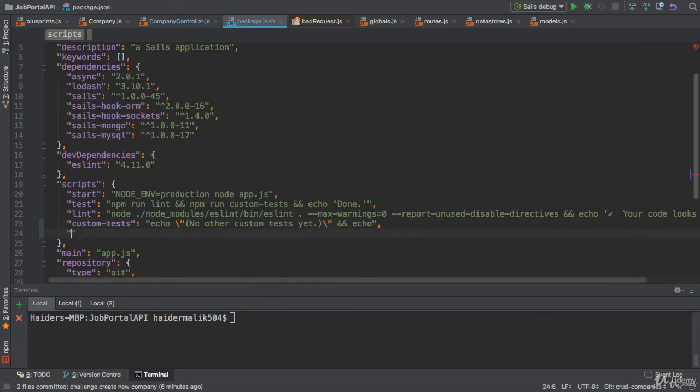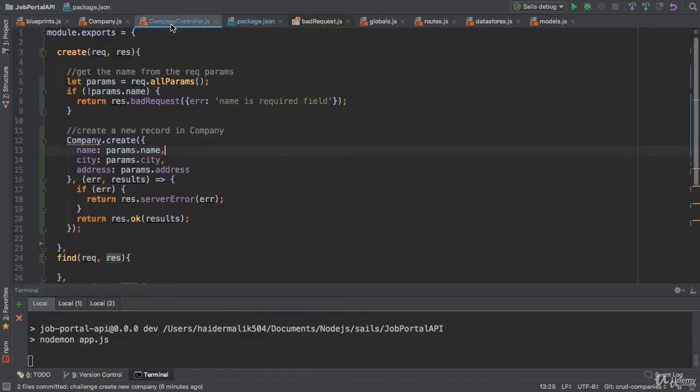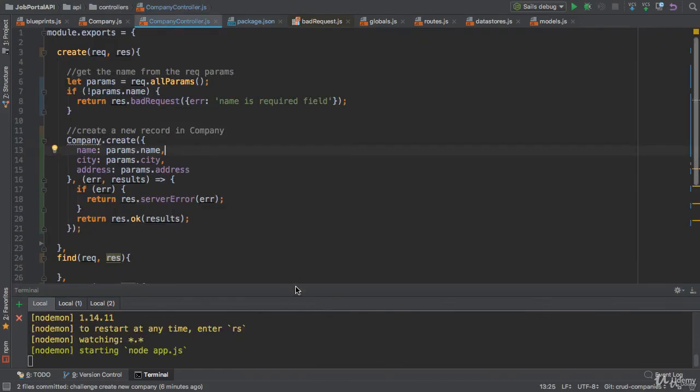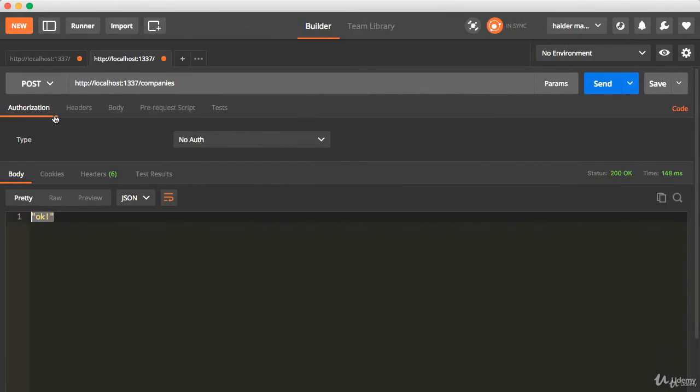I'm going to add a new script, dev: nodemon app.js. Cool. npm run dev. Incredible. Project is running.